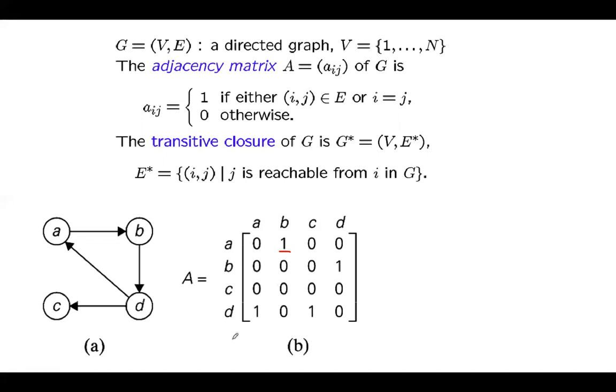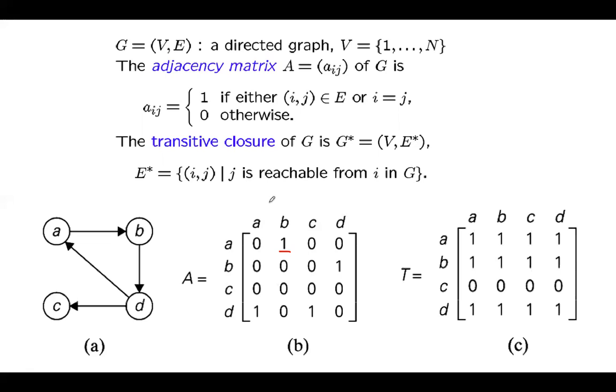Next, we are interested in one more concept called transitive closure. So what is transitive closure? You can see the transitive closure of G is one more graph, or we'll represent it in matrix form. We can call it the transitive closure matrix. So that matrix will be like this. This is the transitive closure matrix for this graph. If you see the matrix, what will you understand? You can understand this definition by reading it, or just by seeing the matrix. What can you understand?